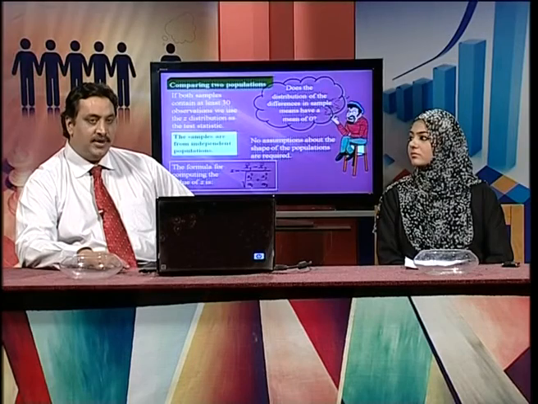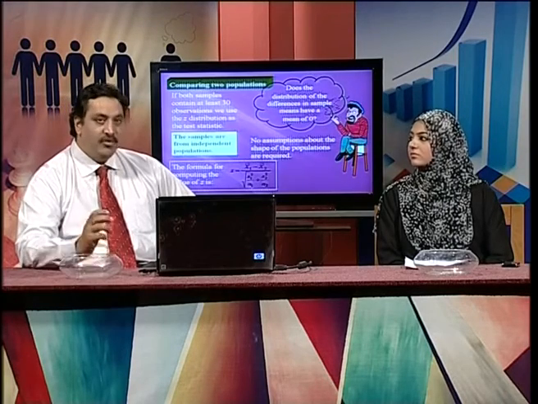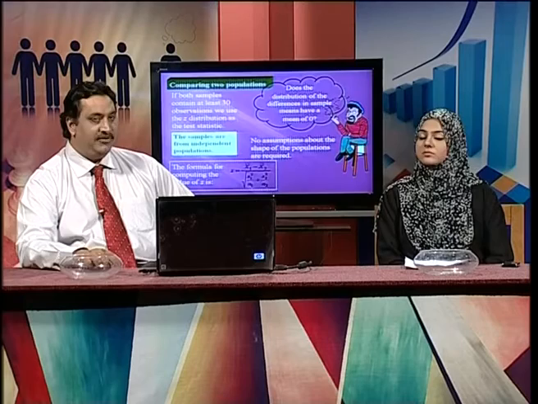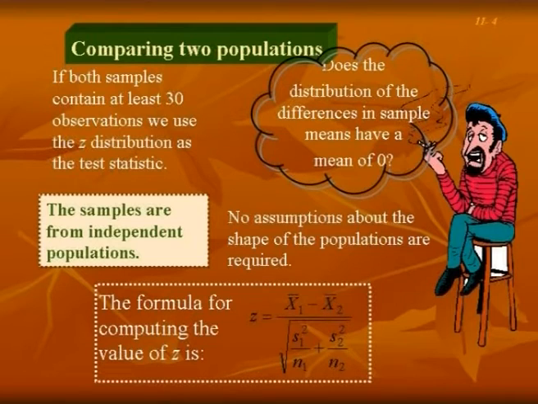The rest of the testing of hypothesis procedure remains the same. We formulate the null hypothesis and alternate hypothesis, and we select the level of significance, at which we test the hypothesis. The only difference is that we change the formula. Here we use the formula with which we can test two population means with the help of the sample means. At the bottom of this slide we can see the formula: x1 bar is the sample mean of one population, x2 bar is the sample mean of the second population, and in the denominator we have the variances of population 1 and population 2.